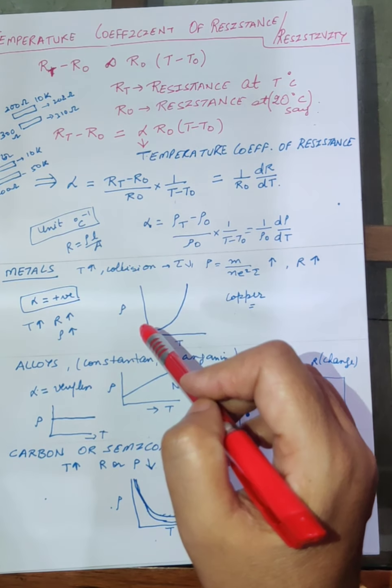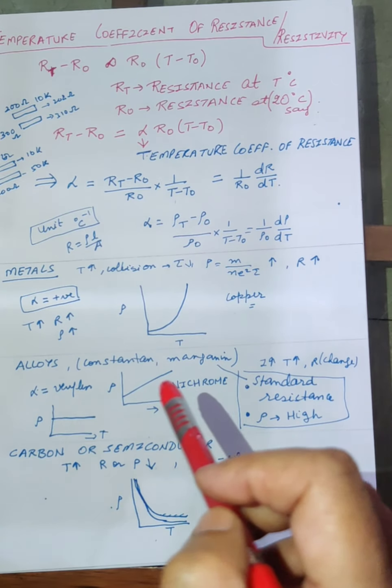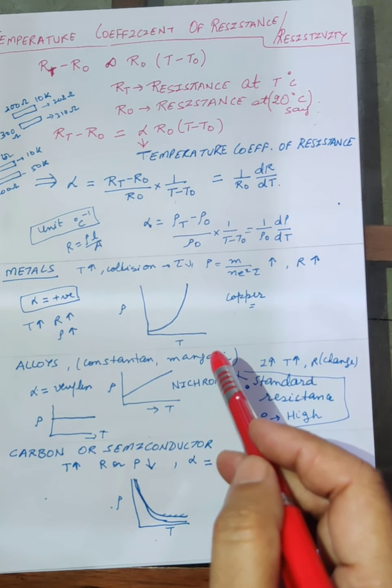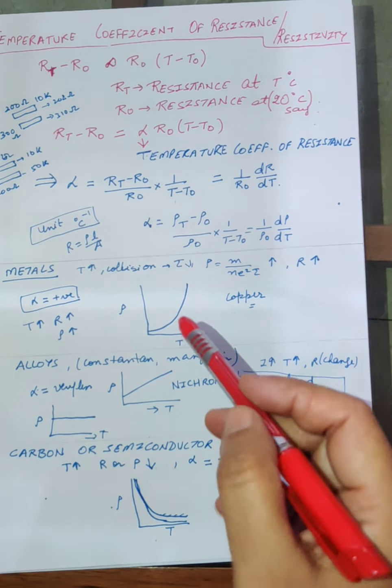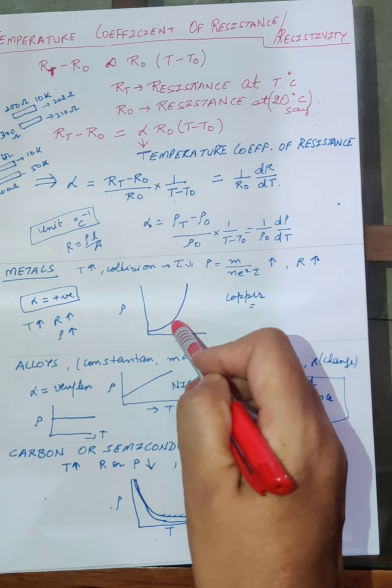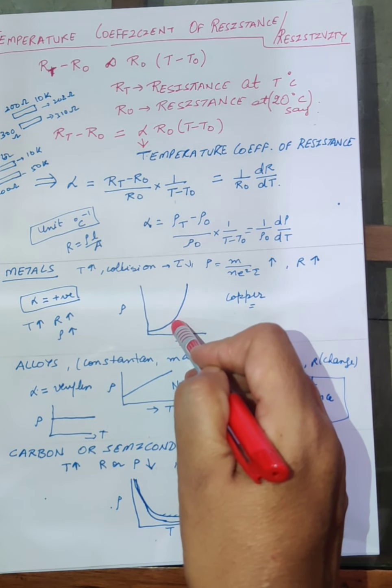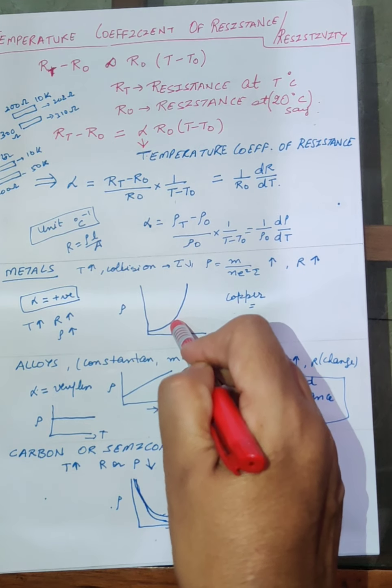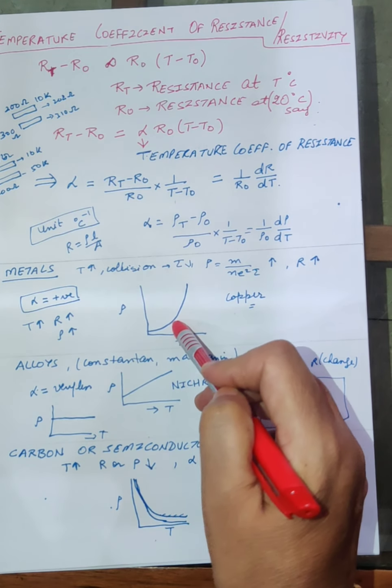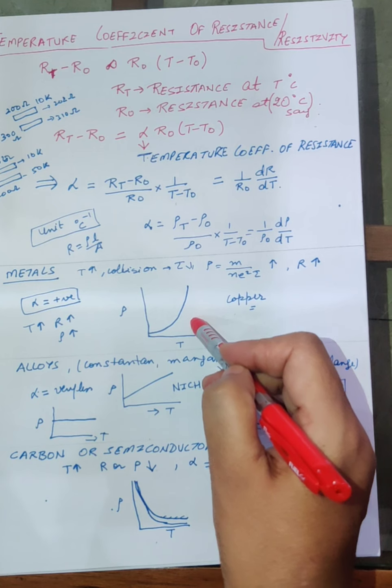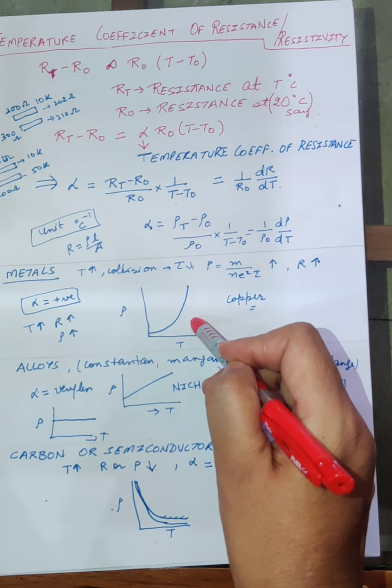So if you plot a graph between rho and the temperature, you will get a curve like this. That is the resistivity. This graph is for copper, and for copper I can say that the resistivity increases as a higher power of the temperature. So you get a graph like this. Such graphs can be asked in the 1 markers also.